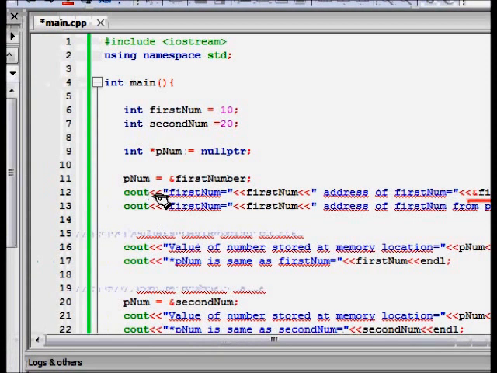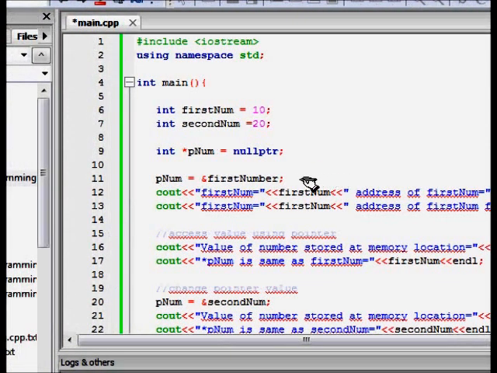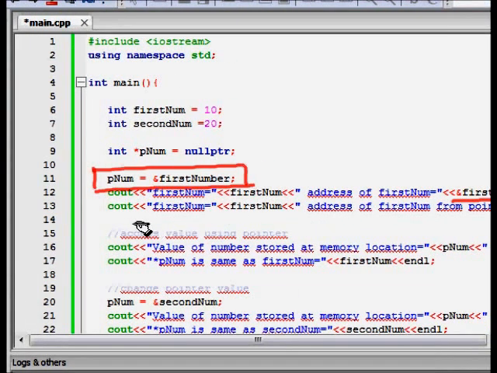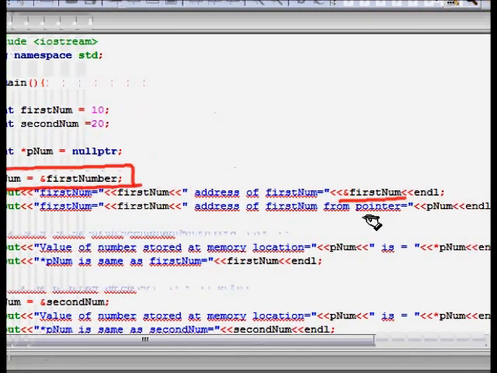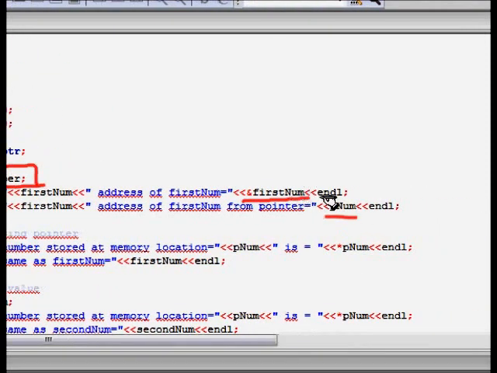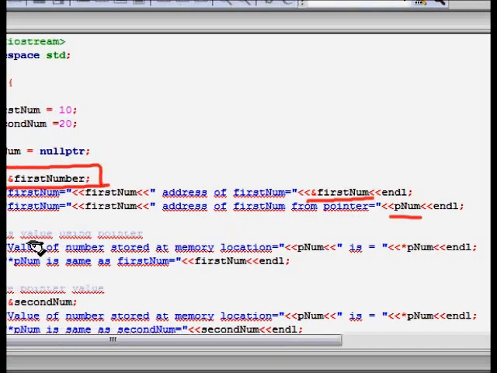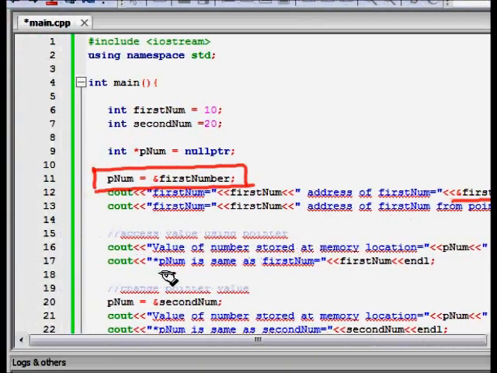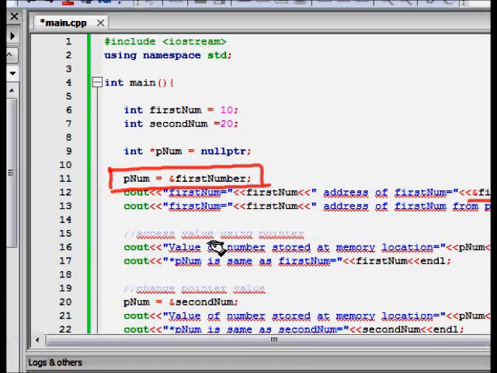Then I try to find the address using the pointer variable, because in this line we store the address of the first number in pnum. So I print the address of the first number using the pointer, pnum. We expect that pnum and &firstNumber should be the same. Next, we access the value from a pointer, that is, from a given memory location.